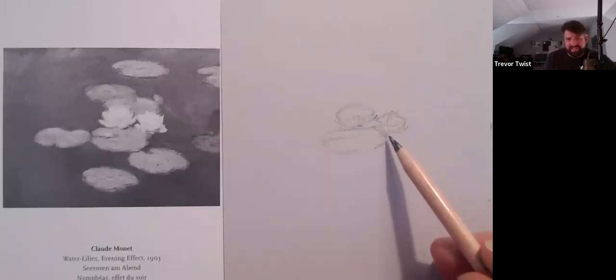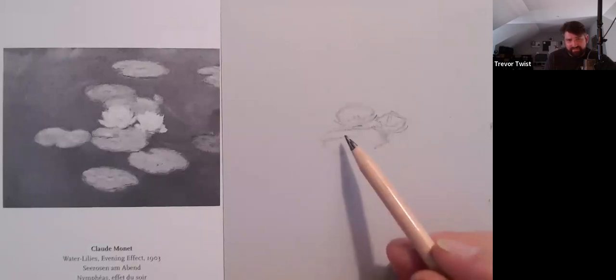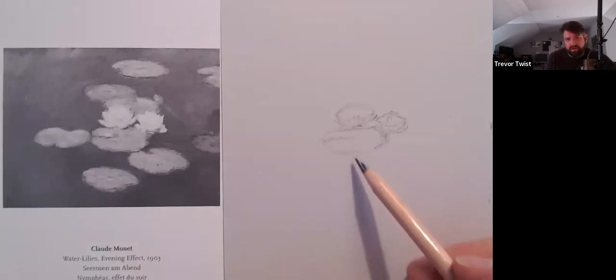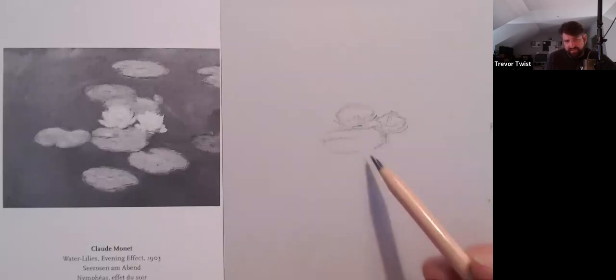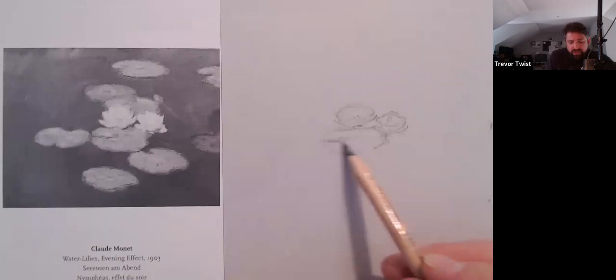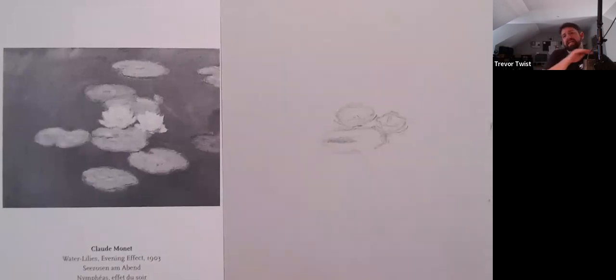So there's a little divot here on the right side, and then there's the split, and in the middle of that split is where the stem would be. Now I'm just sketching this. The stem is not there, but the stem is below, on the bottom of the pond, growing up like a tether. It's like a kite. The only thing about these is they're like kites. Instead of floating on top of the gusts of wind, they're floating on the meniscus, on the surface of the water. But these directional vectors, like the split, kind of give and offer the gazing direction for the lily